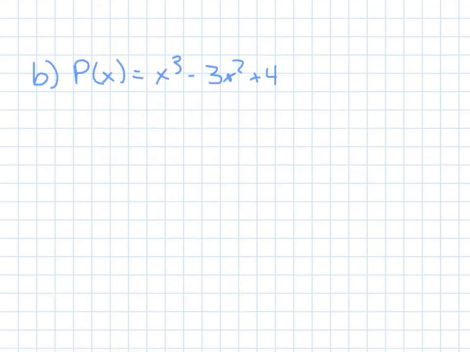So here I have x cubed minus 3x squared plus 4. This one will be a little easier to check out. So let's look at that list that you have. So then you'd have 4, 2, 1 over 1. So then your list would be plus or minus 4, plus or minus 2, plus or minus 1. Okay? So here let's say that we want to get rid of the 4s. So if we did, let's say, 3,